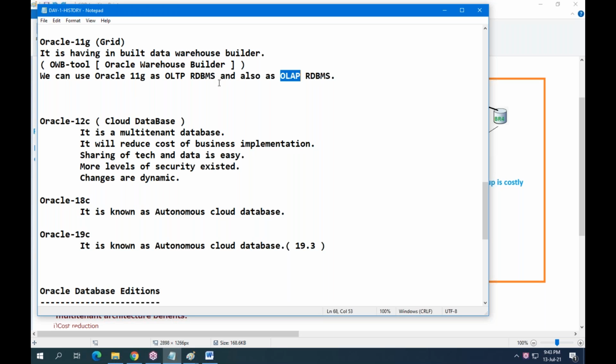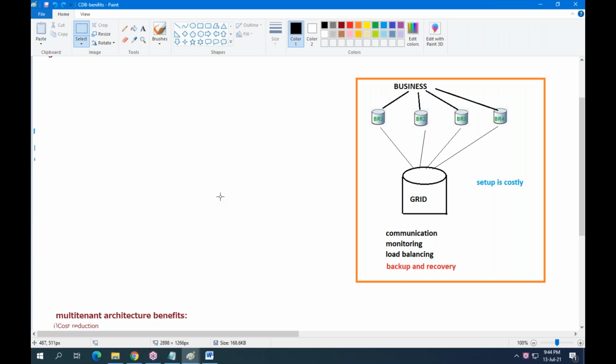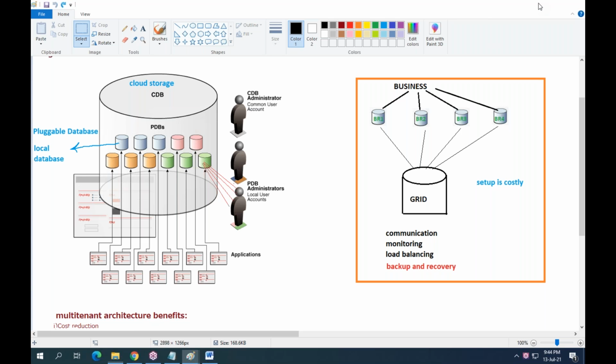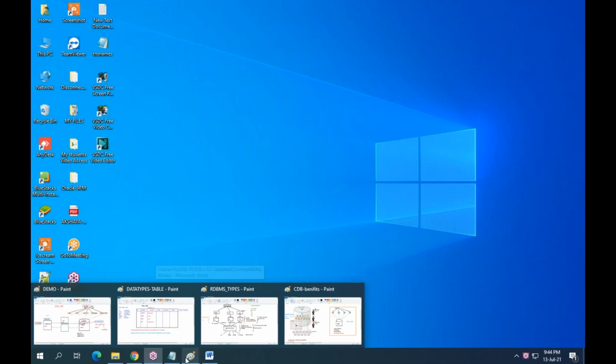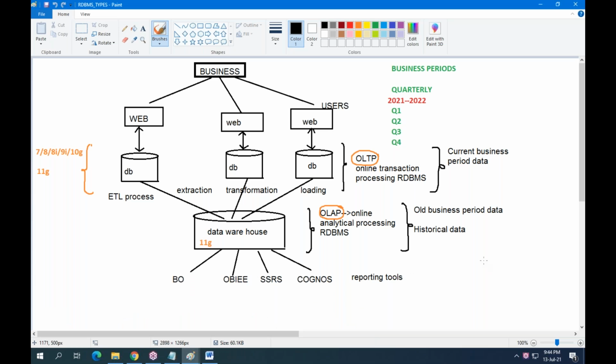I will show you what is OLTP, OLAP. See, if you are working on any project in a company, your company has two types of databases, two types of RDBMS: OLTP and OLAP.